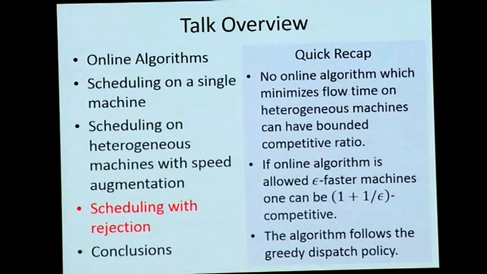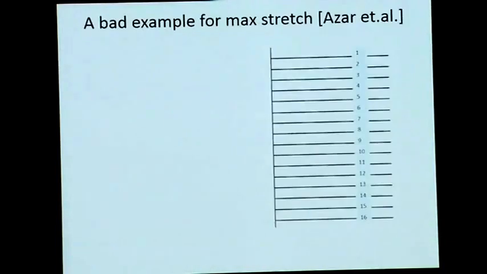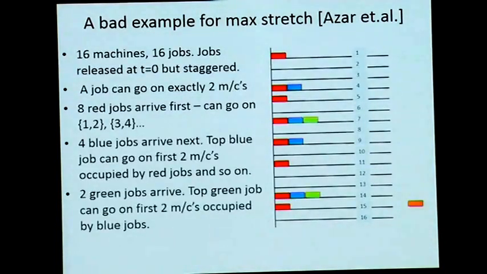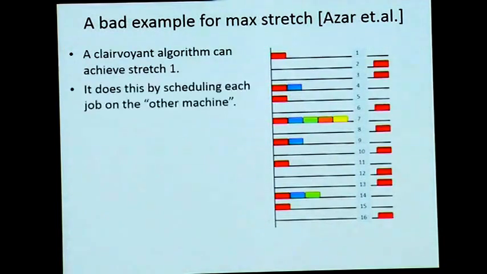So we came up with a new model where we said, okay, let's allow for rejection of jobs. And now we allow the online algorithm to not serve an epsilon fraction of the jobs. And you can choose your epsilon, whatever you want. You can say, I will allow my online algorithm to not serve 1% of the jobs. And this is reasonable in many settings, right? You send a request to a server which is overloaded, you get back a message saying, overloaded server, please come back later. And that's the best one can do. So, even if you don't like it, one has to live with it.